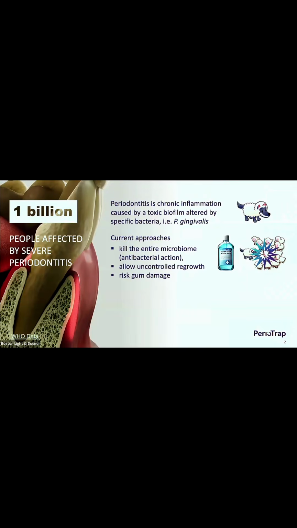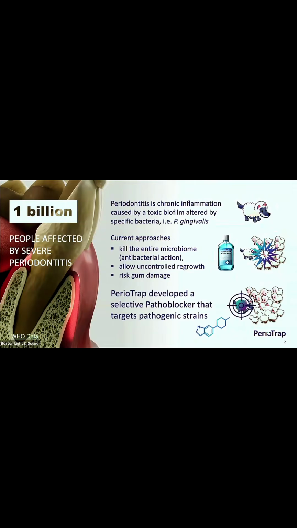So you kill the entire microbiome. However, you have good bacteria, commensals in there that do have a function. And what you are also doing is you allow uncontrolled growth in an already irritated, inflamed tissue, and you do risk gum damage. So what we did at PerioTrap is we developed a selective pathoblocker that selectively targets and blocks